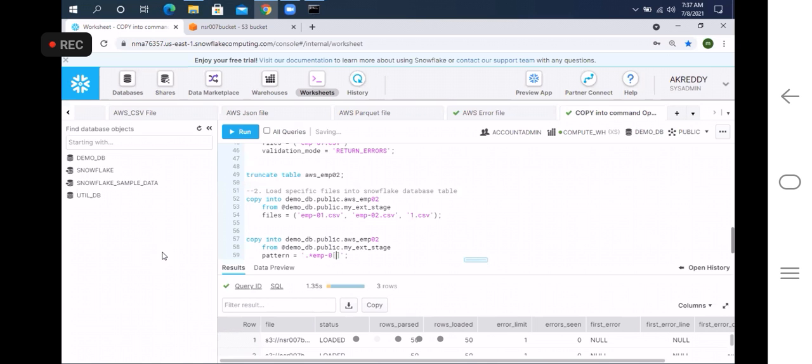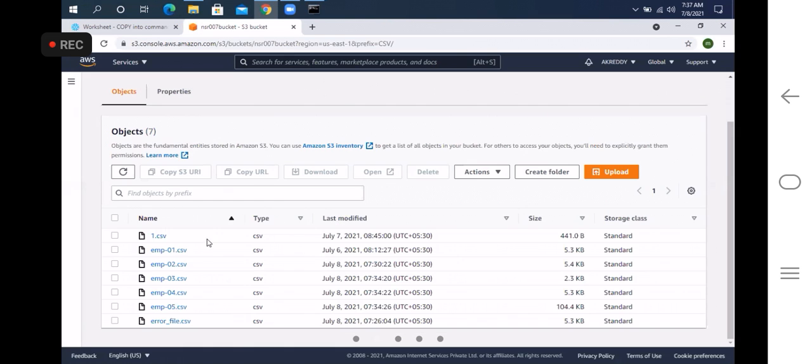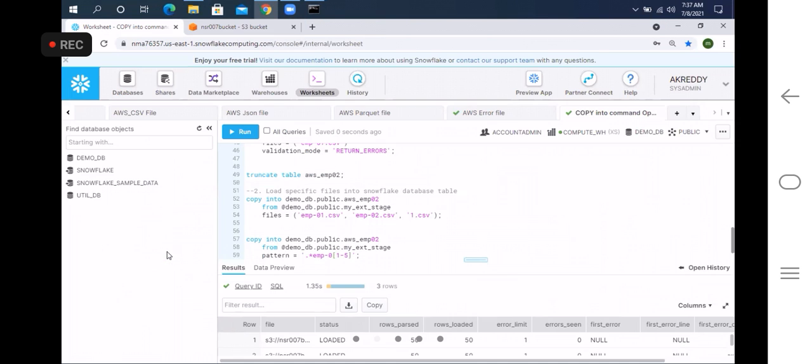So this is common, and I'm indicating bracket 1 to 5. So this is the pattern. emp-0 is the common file name, and by specifying the bracket, this pattern will work like this: